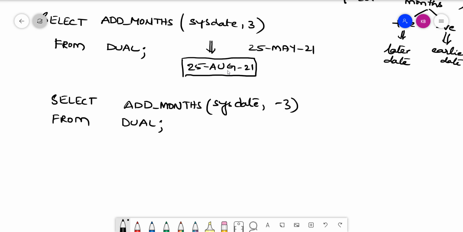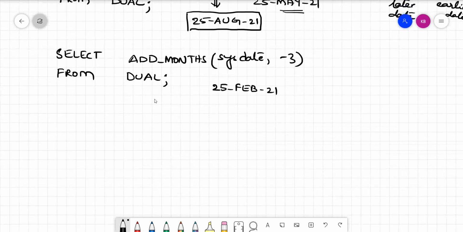We are in May, so it will be April, March and Feb. So we should get 25 Feb 21. Is that clear? Yes. So this is how we can make use of add_months.